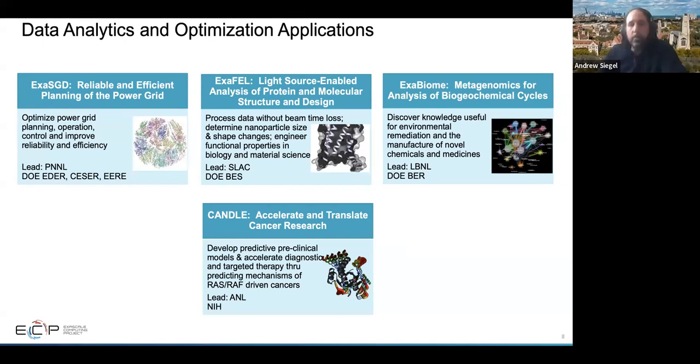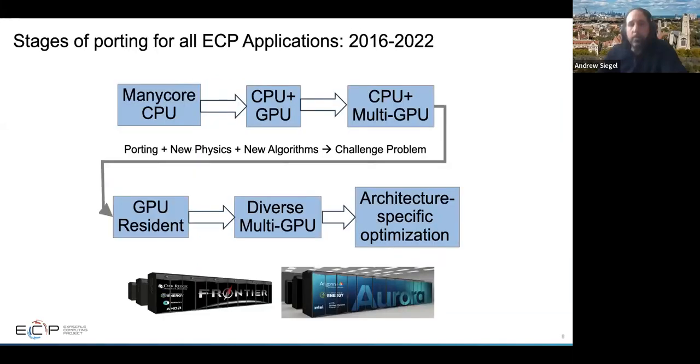Okay, and Mike mentioned the slide, so I thought I'd slip it in as he was talking, that all of these application projects that are funded with ECP have undergone this 6-year transformation to this point, from multi-core, well then to many-core CPUs right at the beginning, to that CPU plus GPU, where as Mike said, maybe it was 50-50, the total performance that was accounted for by each, to CPU plus multi-GPU, where it was becoming more dominant, the number of flops supported by the GPU, so that people moved to GPU resident algorithms that sort of went all in, to diverse multi-GPU architectures when we learned that we were going to have NVIDIA, Intel, and AMD processors,